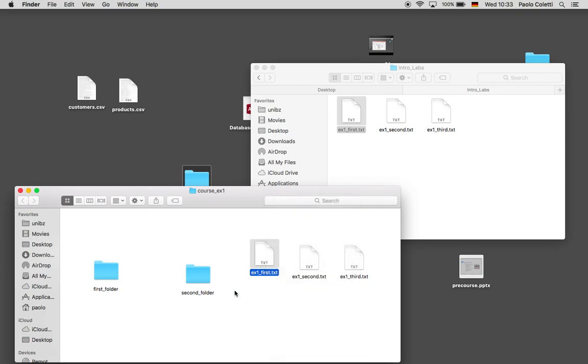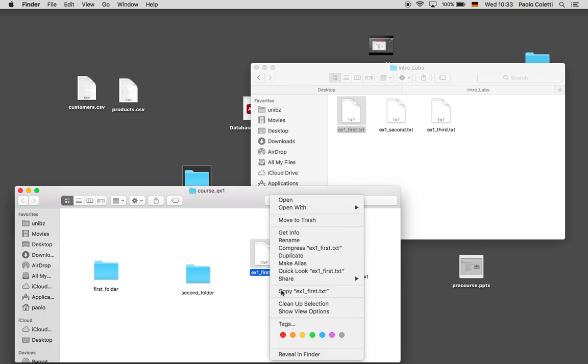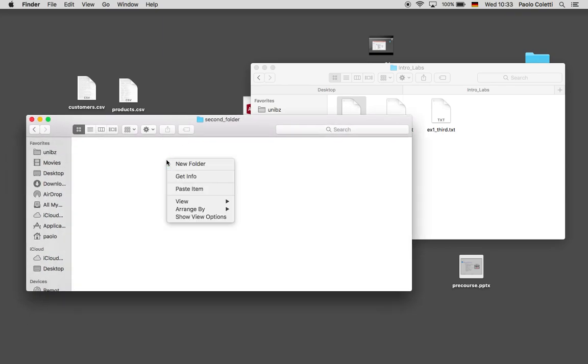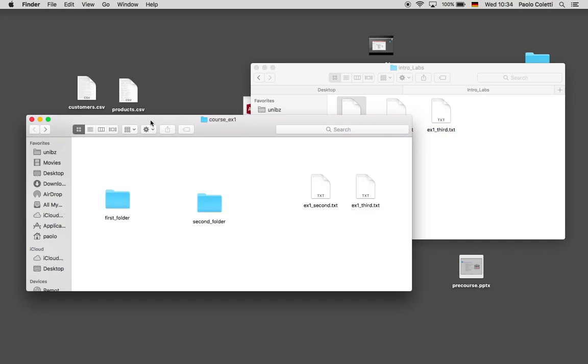So you cannot cut and paste. On the Mac, if you want to cut and paste, you have to do something strange, which probably you will never do, which is copy, go here, and here, if you choose paste, you will copy it. So you right click and then you press Alt, and when you press Alt, the paste item, can you see, becomes move item here. Okay, let's go back. Okay. Second alternative, which exists for the Mac and for Windows, drag and drop. So you take it and you put it here. In this case, make sure that you do not see the plus.